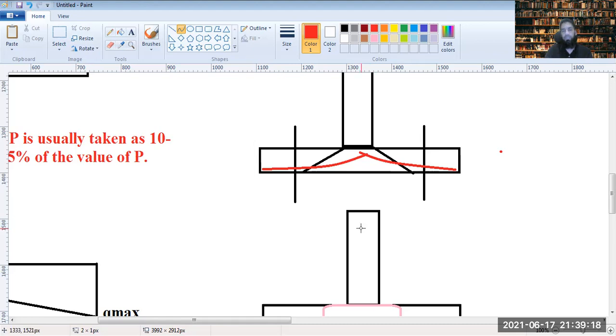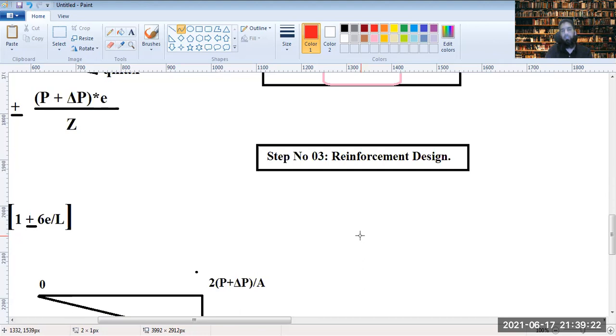So the reinforcement design has to be longitudinal along the length, and along the width it has to be distribution reinforcement that we are providing. Thereby the design now of the column isolated footing